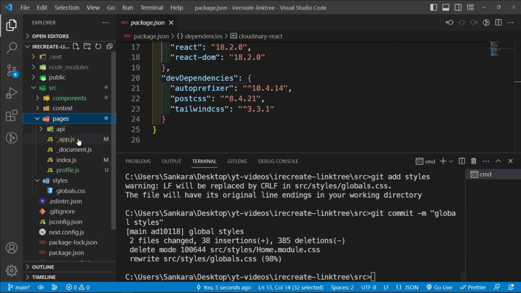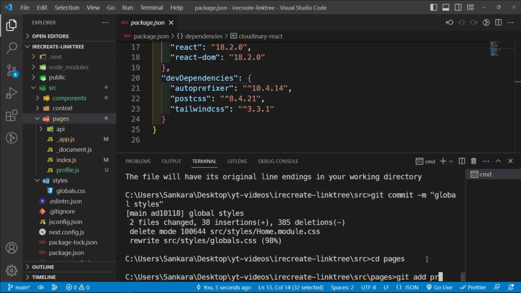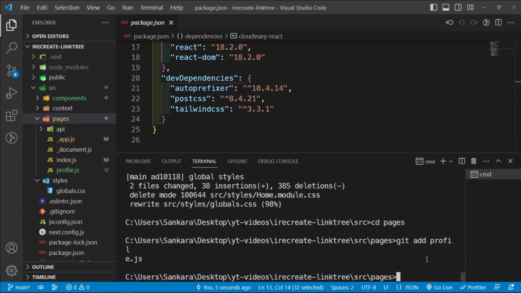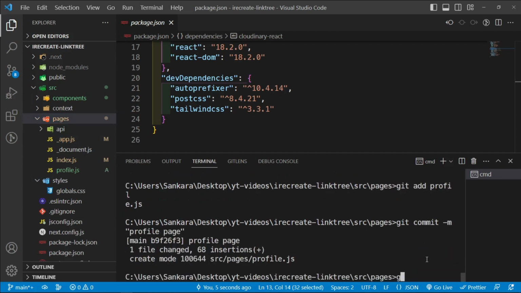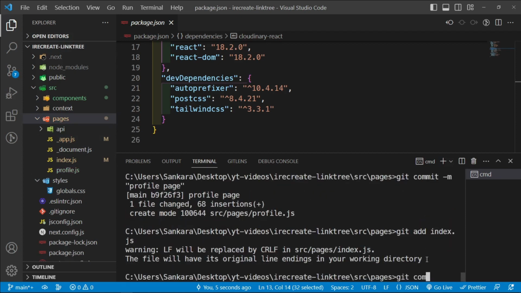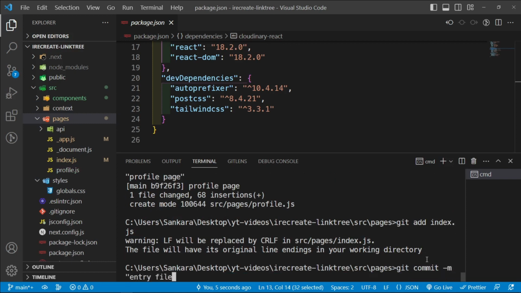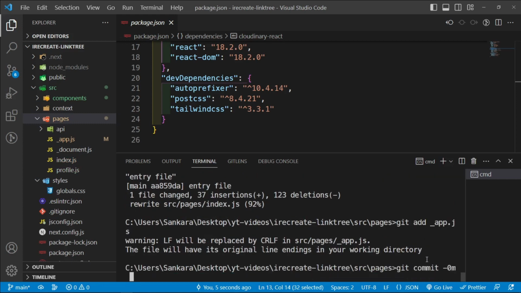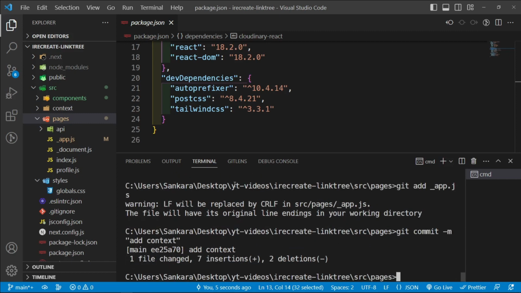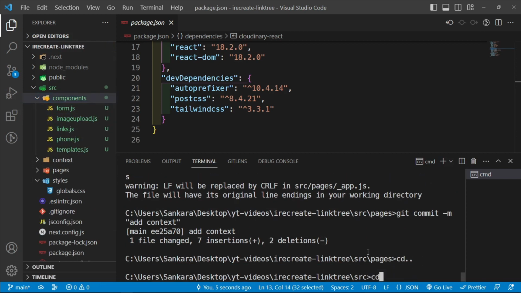and then inside the pages we have _app.js, so cd into pages, and I'm going to say git add profile.js, and git commit "profile page", then git add index.js, git commit "entry file", then git add _app.js, and git commit, and this is just going to say "add context". And then outside of this, instead of components, I'm going to cd back and then cd into components,